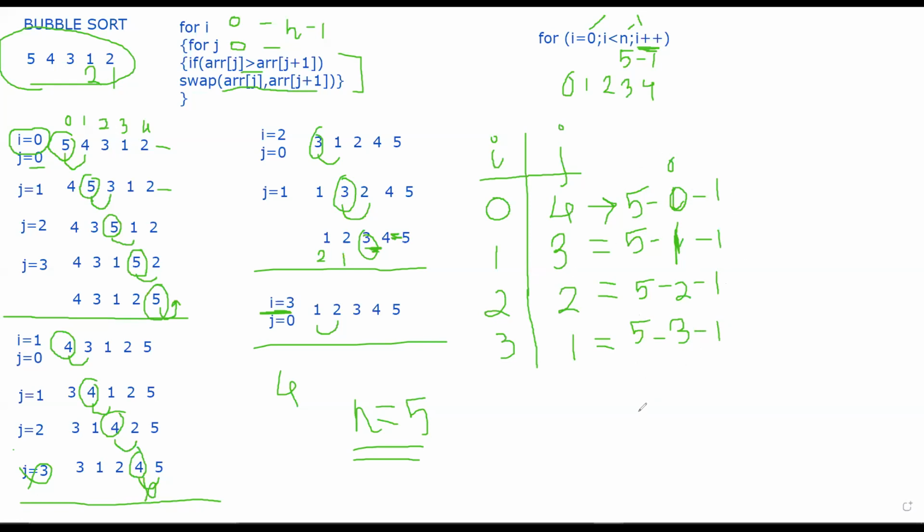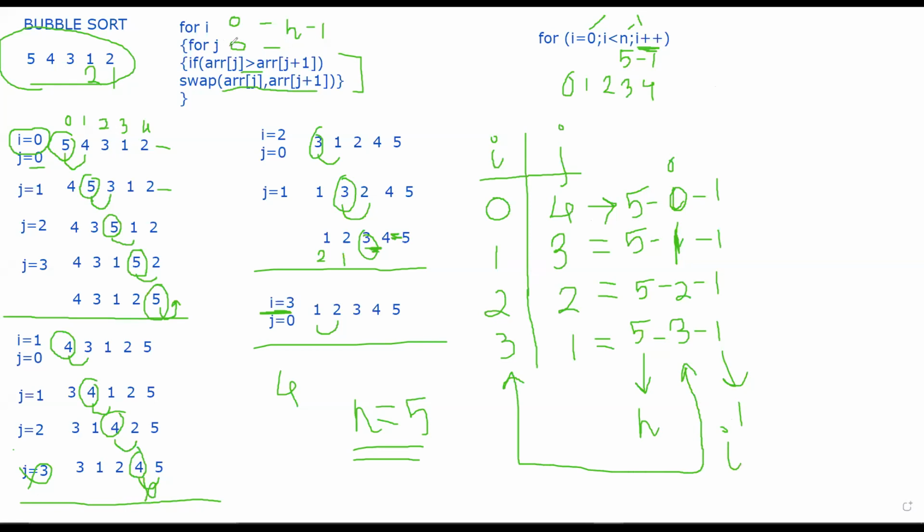The 5 is constant. For this 5, I can write n, because inside n we have 5. For 1, I can write 1 only because it is a constant over here. And this is nothing but 0, 1, 2, 3. This value is similar to this i, right? So I can just write i for this. That is how I got this equation.